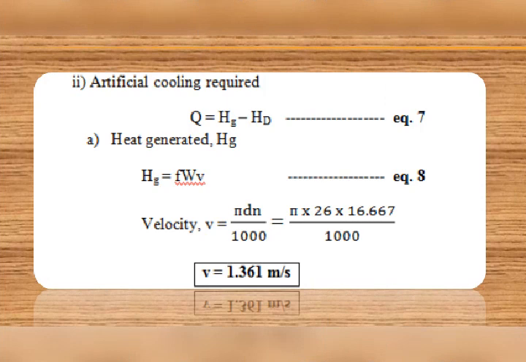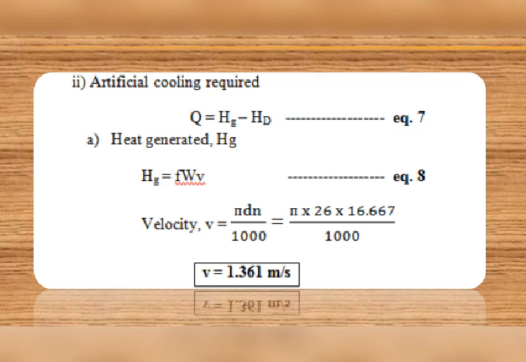Until the previous step, what we did is we found all the dimensions of the journal bearing, such as small letter d we found 26 mm, L we found 26 mm, and C we found 26 into 10 to the minus 3 mm, and capital D is equal to 26.026. These are all the various unknowns required for the design.